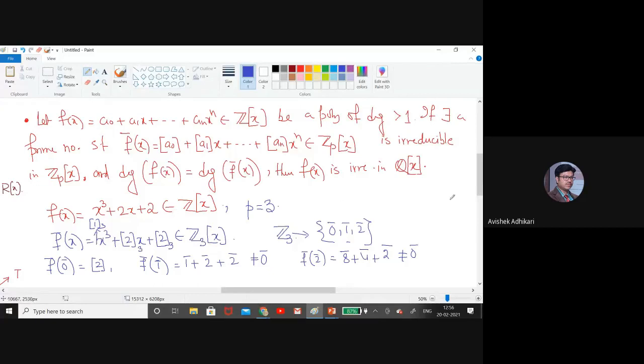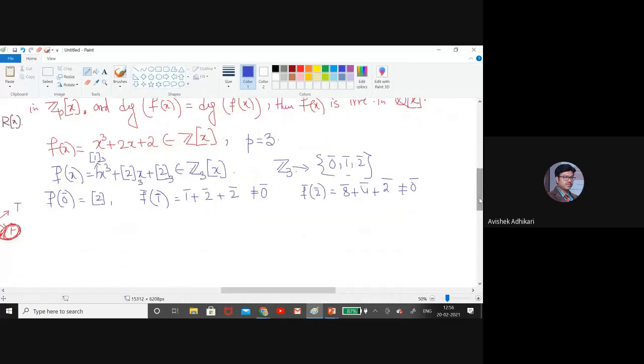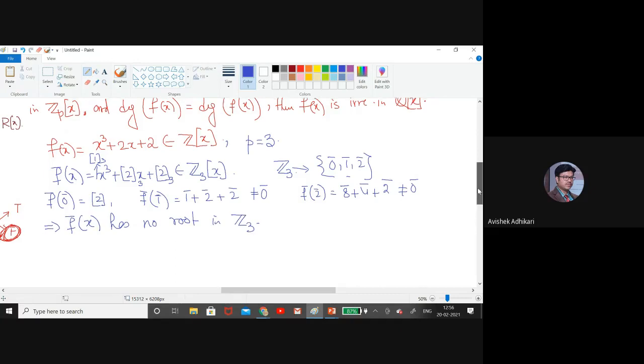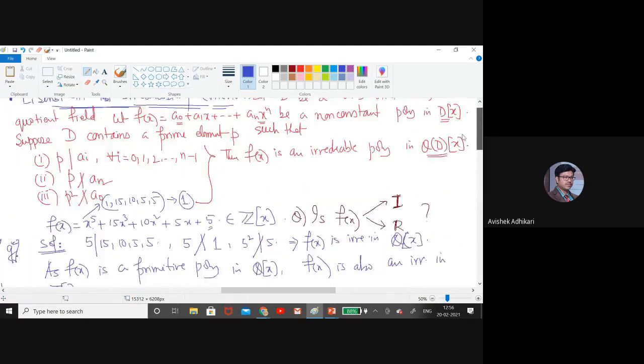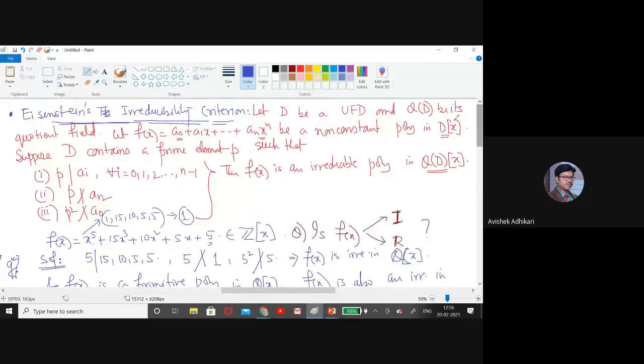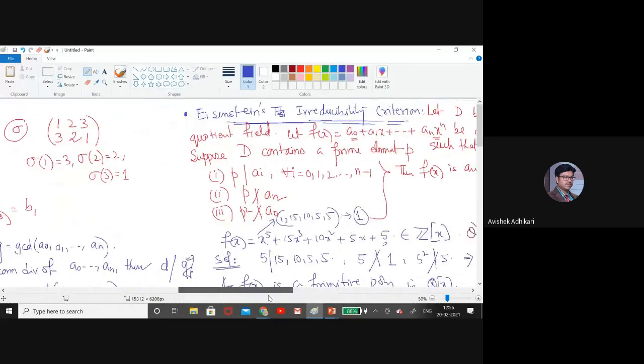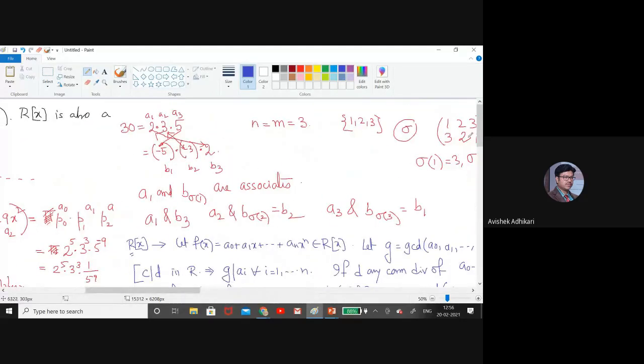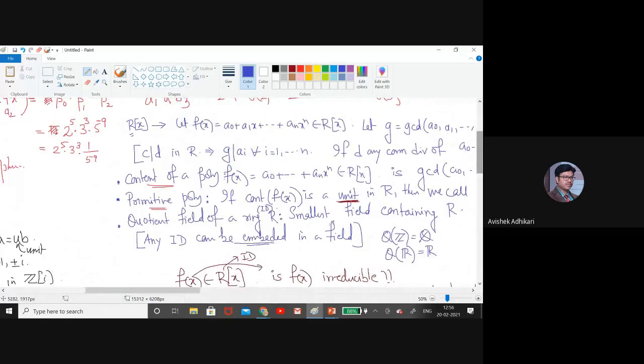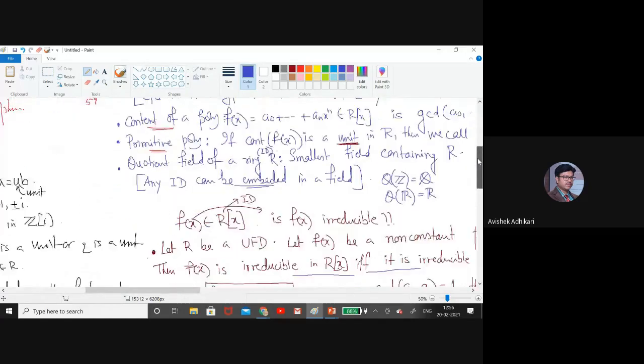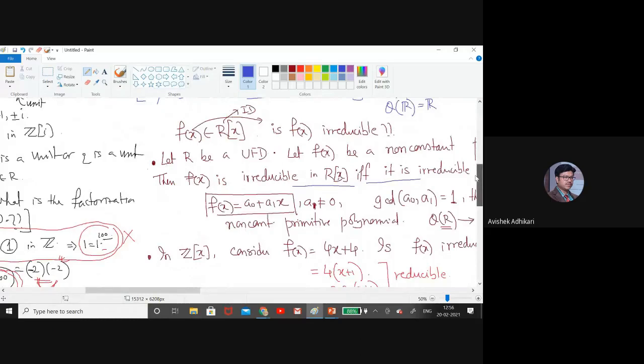So none of these makes f bar(x) zero, then what would be your conclusion? That f bar(x) has no root in Z3. Then what is your conclusion? Just have a look at this result. So this is a degree 3 polynomial. What we have just done was for a degree 3 polynomial, and the earlier result states that if it is degree 2 or 3, then the polynomial will be irreducible if and only if